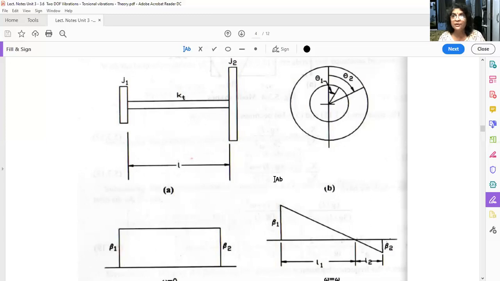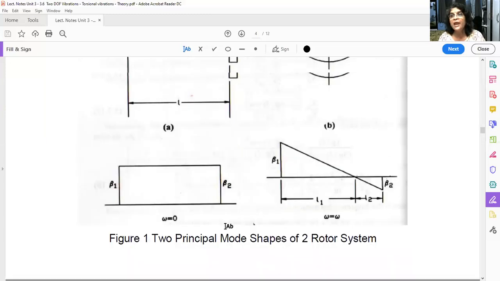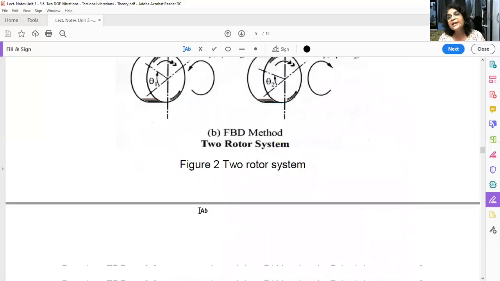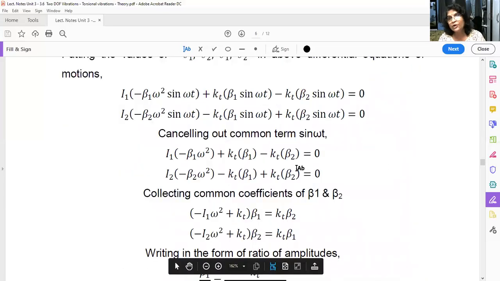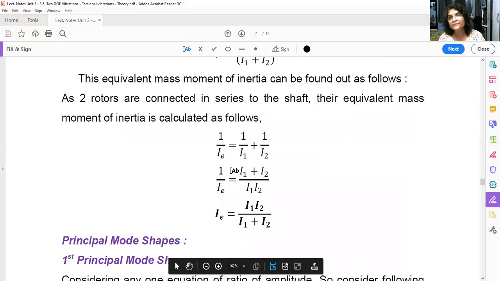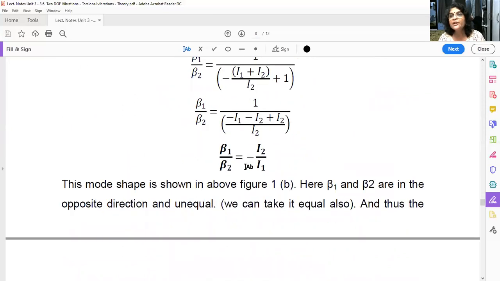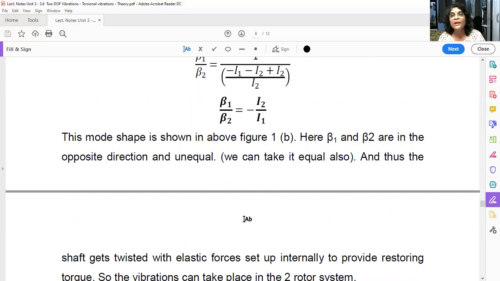I1. And why minus? Because beta 1 and beta 2 are in the opposite direction, not in the same direction. So this is the second principal mode shape. Did you understand? This is the relation we got: beta 1 upon beta 2 is equal to minus I2 upon I1. That means beta 1 I1 is equal to minus beta 2 I2. Now, let us see here